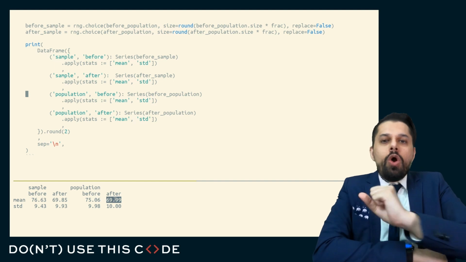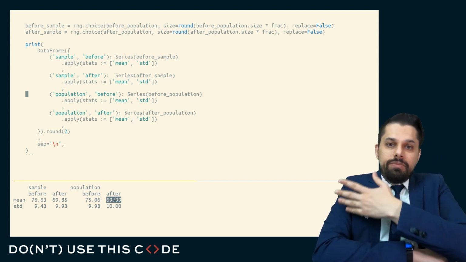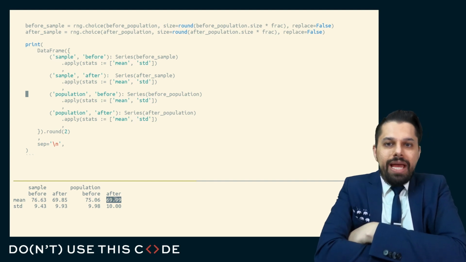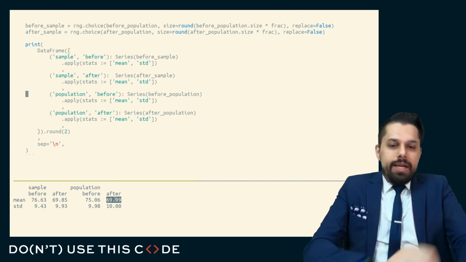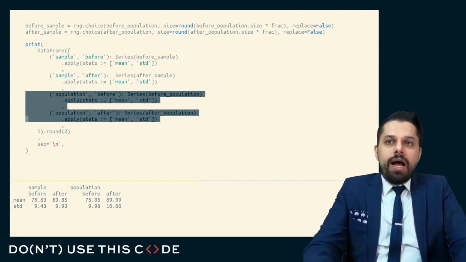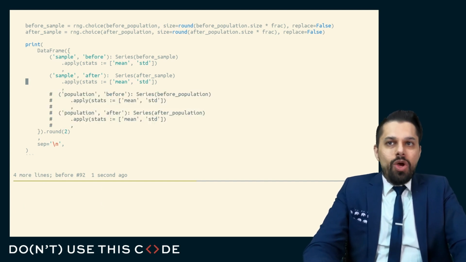If these are temperature values, what that means is I invented a new type of water cooling, and it reduced the mean temperature down to 70 degrees. This was successful. I had a real effect. I changed something. Now, in the absence of seeing that population and only being able to see the sample, we